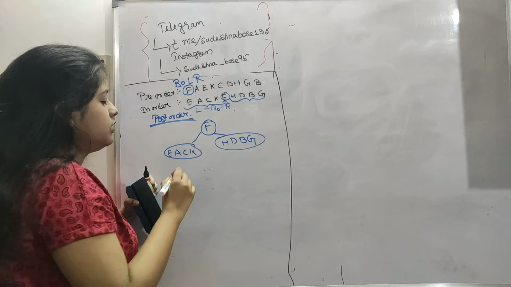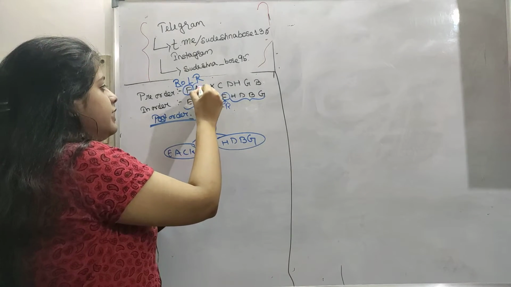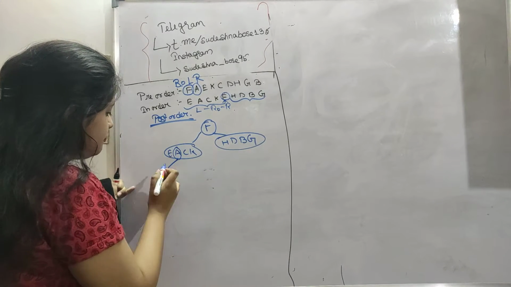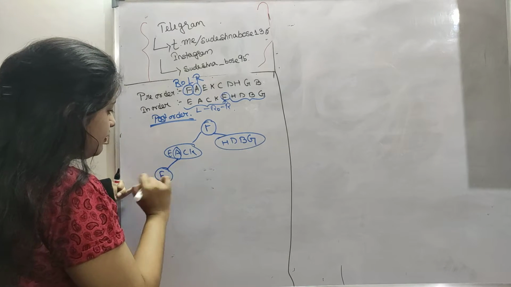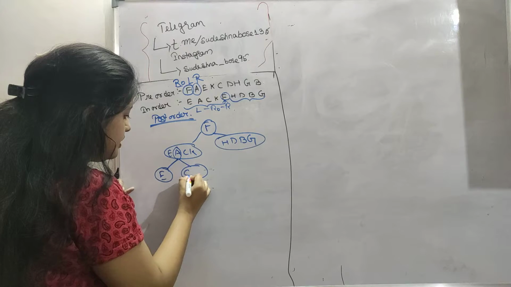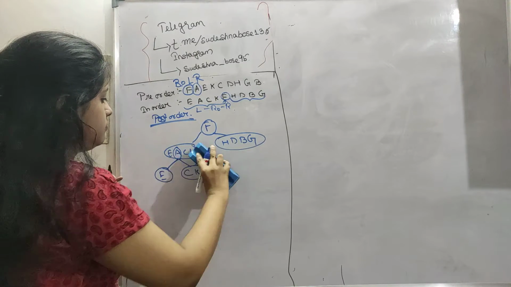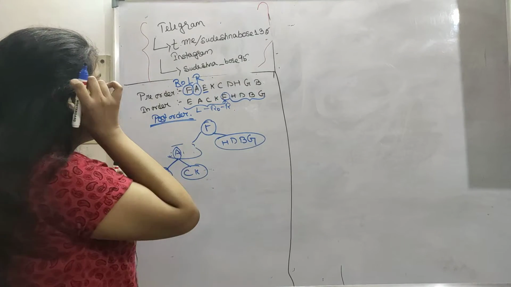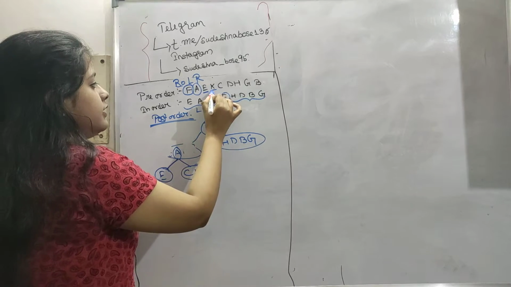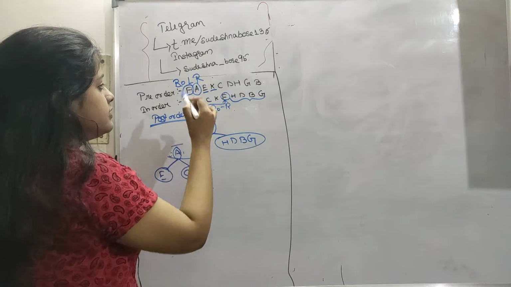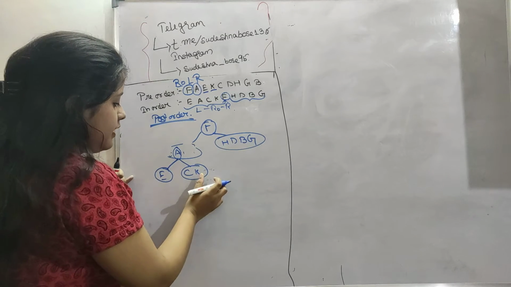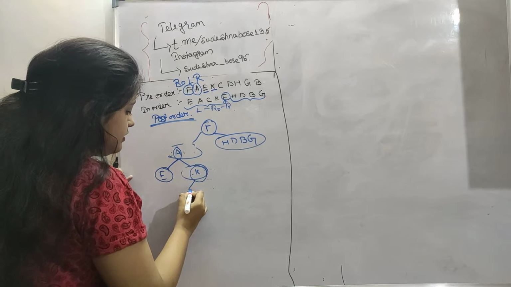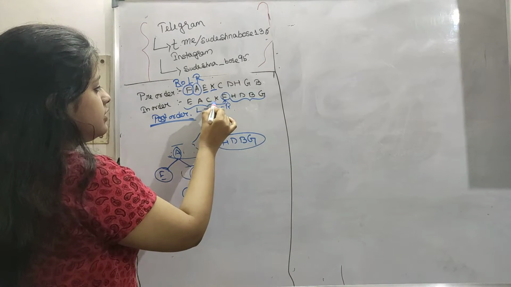Okay, let's move on. So now our next root is A. Point it out, A is here. The left will be our left subtree, and C, K will be our right subtree. So now erase this and make our tree. E is our next root, so nothing to do here. Then K is our next root and C is its child. So K is our root and C is our child, because C is present.